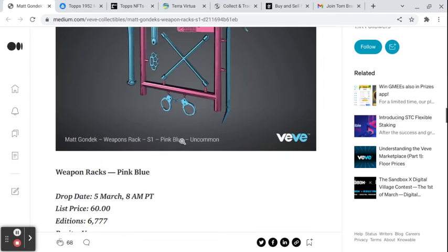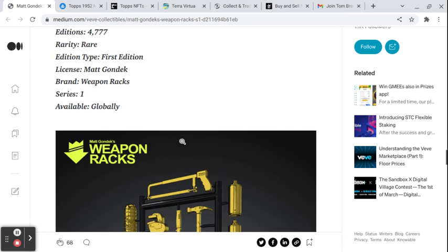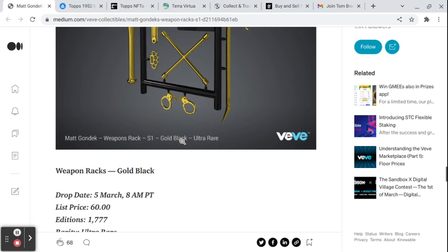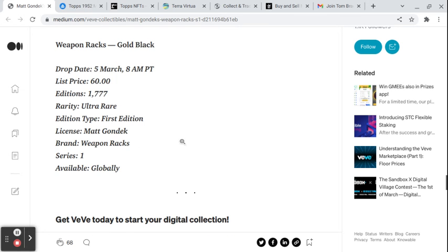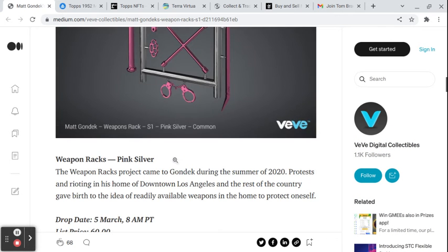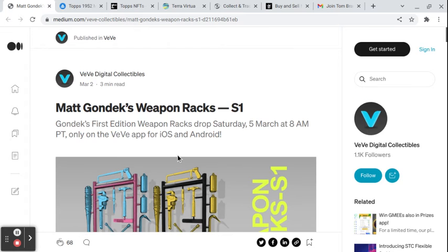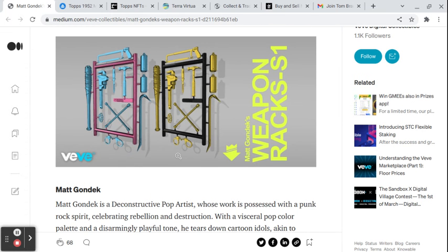I don't know, I shouldn't say that, not on Veve. Everything's out so quick, but they're just different colors. The lowest edition's 1,777. It's $60 for all of them. If you win one, you just won't know which one you get till you get it because it's a blind box format, which means when the clock gets to zero, you push the buy now button and pray like hell